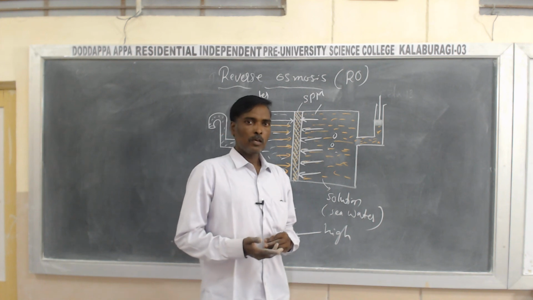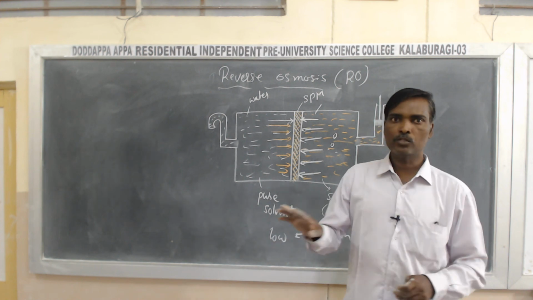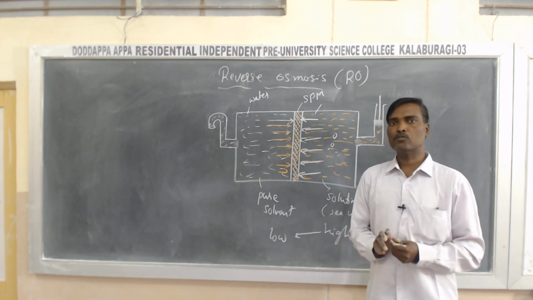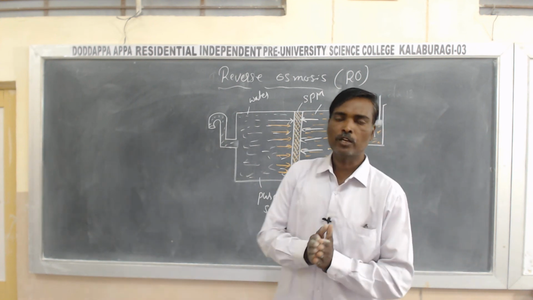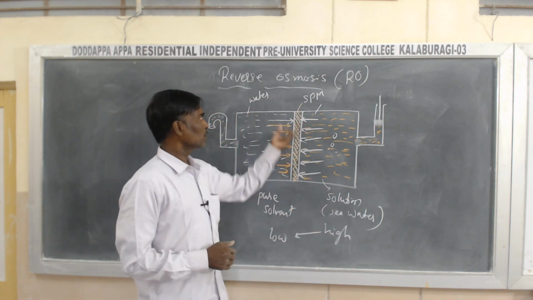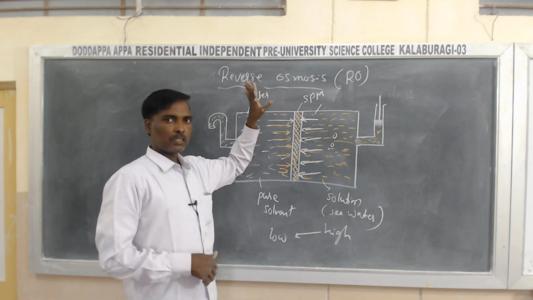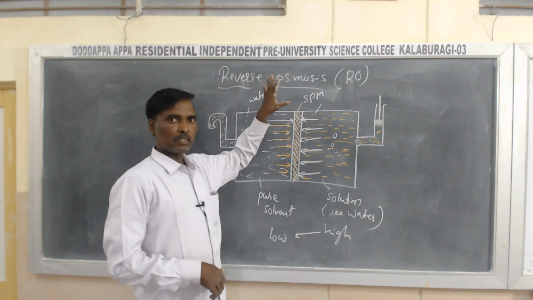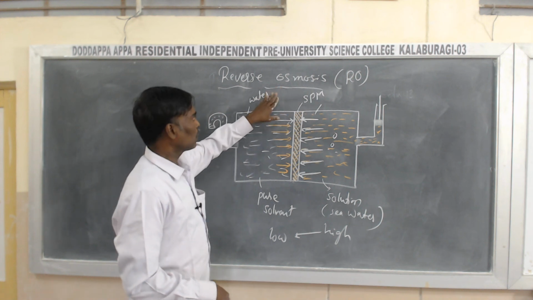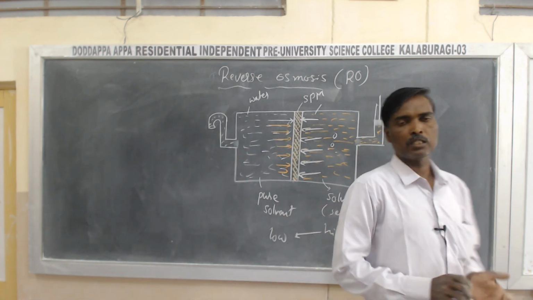Tomorrow I will discuss another important concept where these colligative properties fail to explain. These colligative properties fail to calculate the molecular mass of a solute in some cases. We cannot get the exact molecular mass of a solute if we calculate it using any one of these four colligative properties. So why is there an error? Why are we not getting the exact molecular mass if we calculate using these colligative properties? Overall, we will discuss that tomorrow.